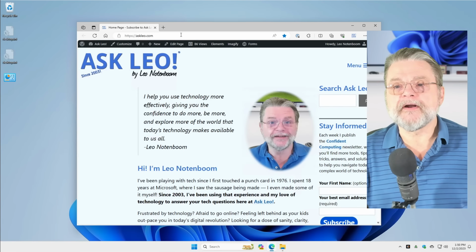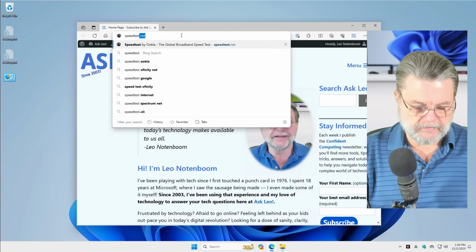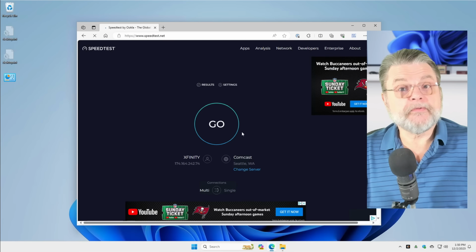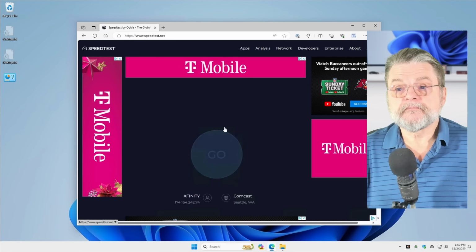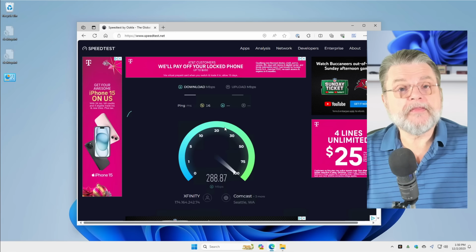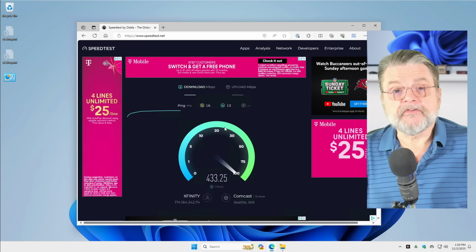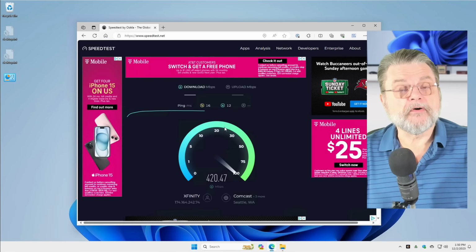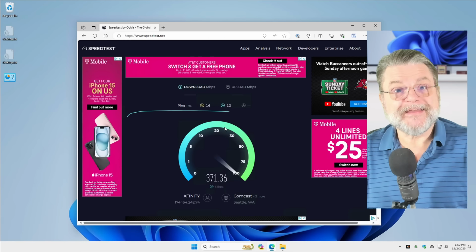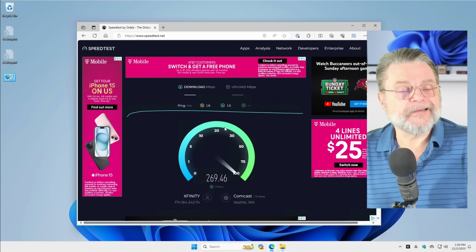Let's fire up a browser and we're going to hit speedtest.net. And all you need to do then is click on Go. Now, one of the recommendations I have is that you run this test in more than one browser. Another recommendation is that you actually close all active programs before you run this. And yet another recommendation is that you make sure other machines on your network aren't currently hogging all of your